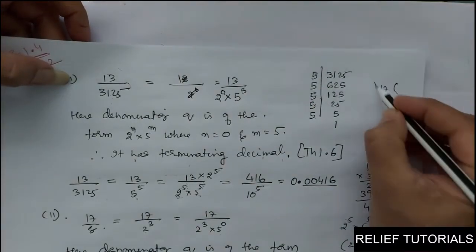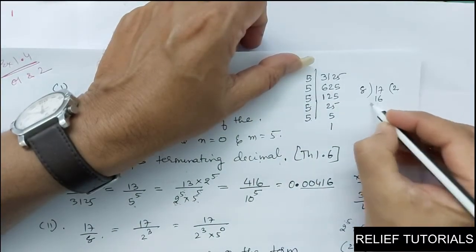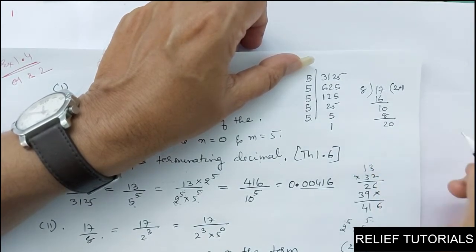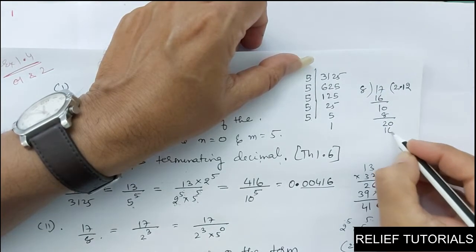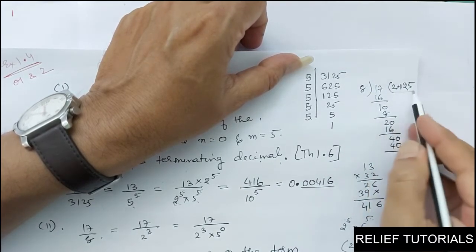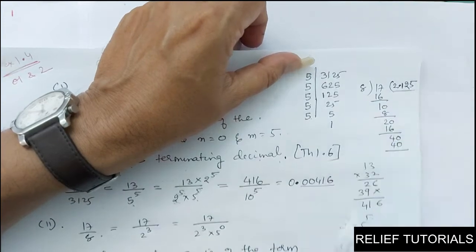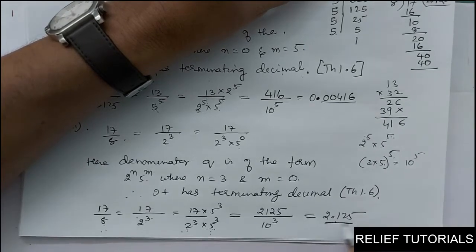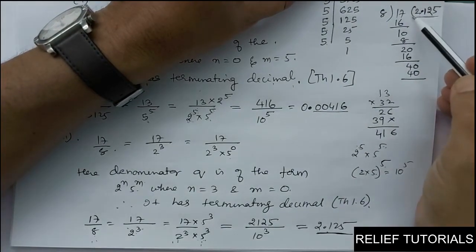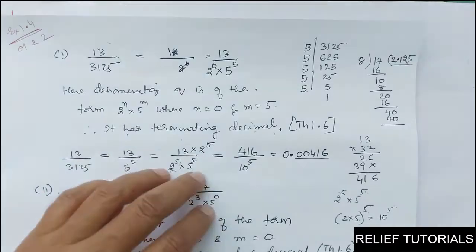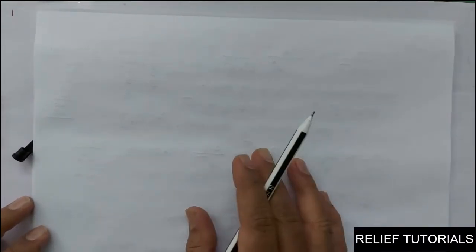See here, 17 divided by 8. How many times? 2 times. That is 16, so 1. Now we will put the point. Here we will get 0. So how many times? 1 time. That is 8. Again we will get 2, 20. How many times? 2 times. That is 16. Now 4, 0. How many times will it go? 5 times. That is 40. So what answer did you get? 17 upon 8 is 2.125. If you do long division, you will get the answer. So without long division, we got the answer. Clear? So this is question number 2.